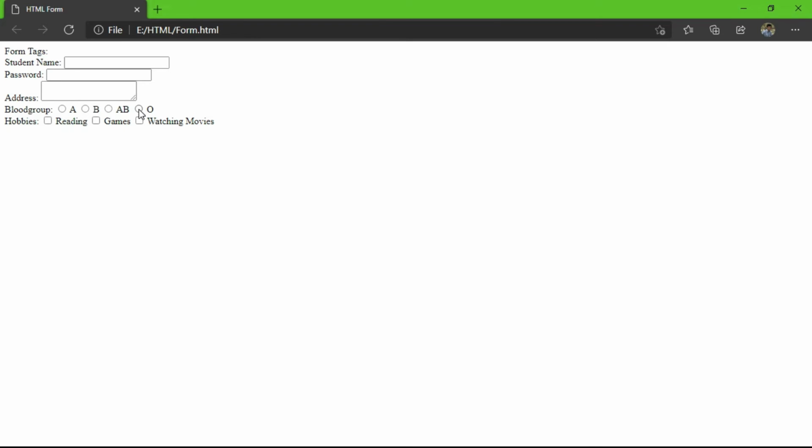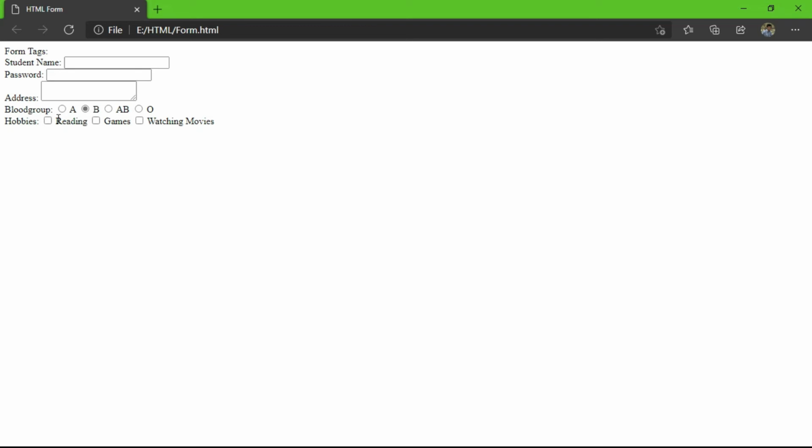So if my blood group is O positive, I am going to select just O. And even if the user wants to select more than one value, the user cannot. I have already selected O. Then if I select AB, O will be unselected and AB will be selected. Same, if I select B, then AB will be unselected and B will be selected. In the HTML language, it is called checked. If you select B, then B is checked, not selected.